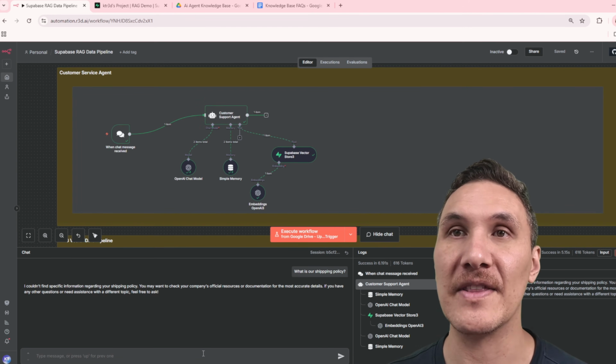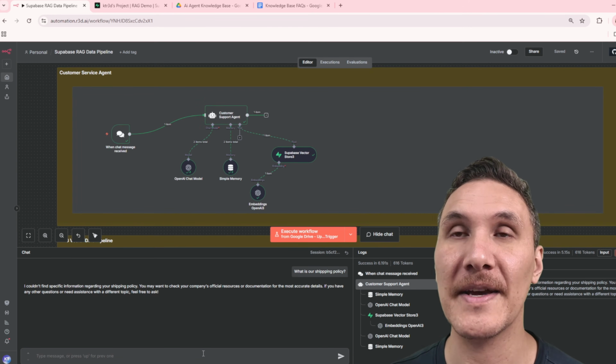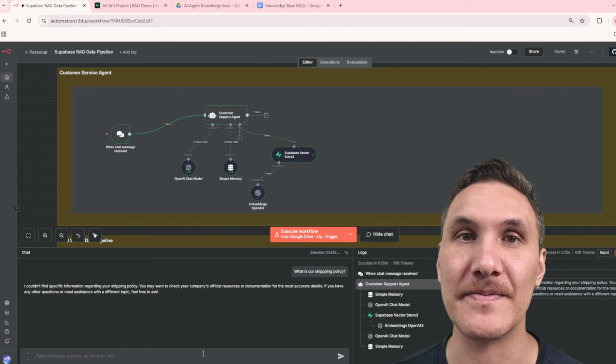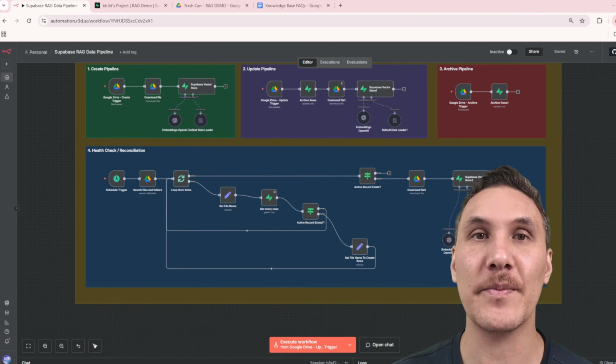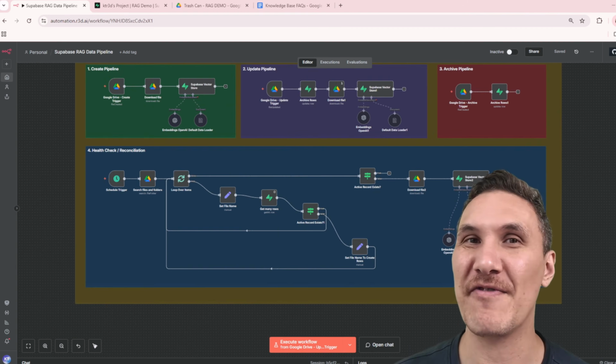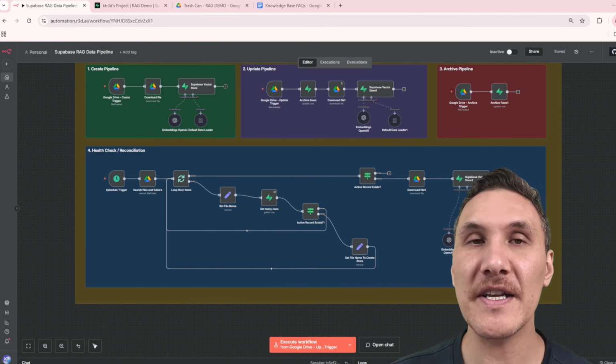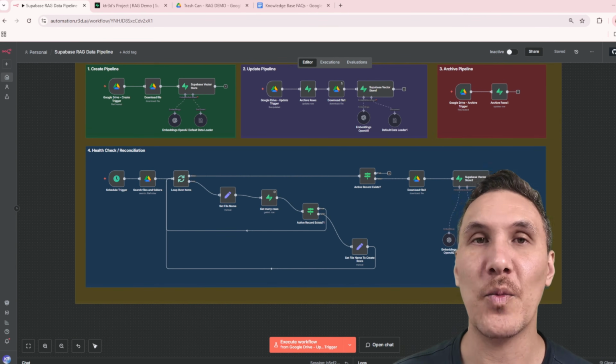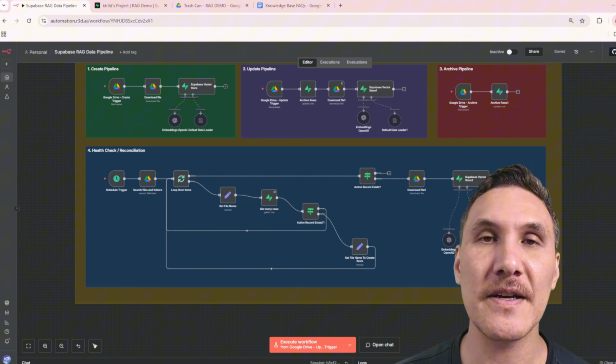So we're actually having the AI agent connect to our database and only use the active information. And the final part to our data pipeline is our health check or reconciliation. So the idea behind this one is once per day, we're going to run a health check where we check